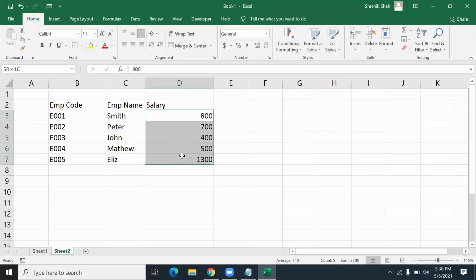The amount I want to see in dollars. Now how to add the dollar format to this amount? Maybe you want pounds, euros, or Indian currency. You can use any currency. So you select these values and press Control 1.